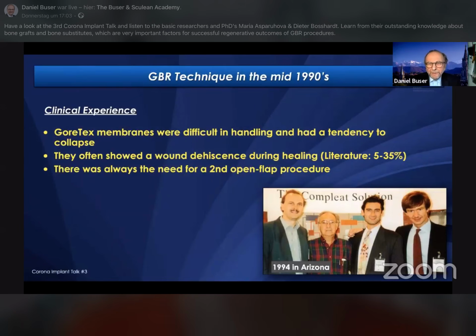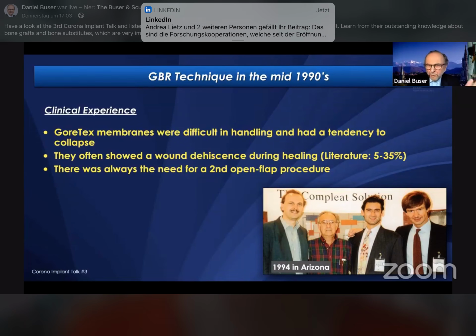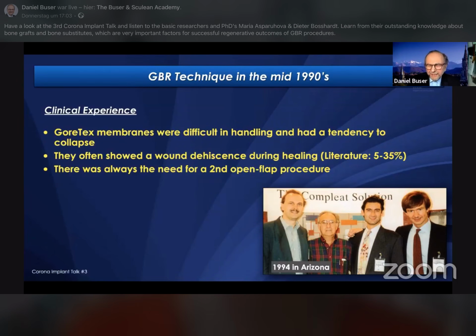And you see here, in the mid-1990s, a very famous picture from a meeting we had in 1994 with, let's say, the cowboys of that time. You see here Sasha Jovanovic and Massimo Simion, myself, and our uncle, Bill Becker from Arizona. At that time, we realized that the Gore-Tex membranes were difficult in handling, and they often showed a collapse. They also often had a wound dehiscence. And of course, the bio-inert membrane required a second open flap procedure. So that meeting initiated many, many efforts